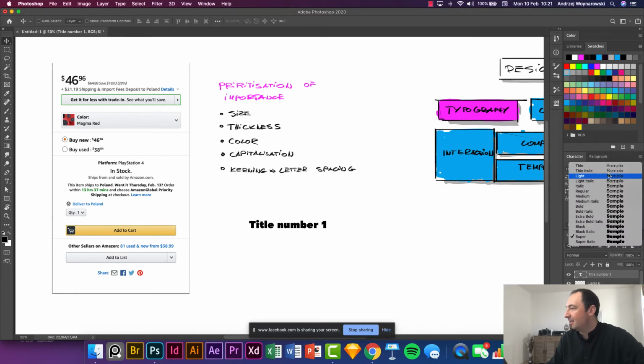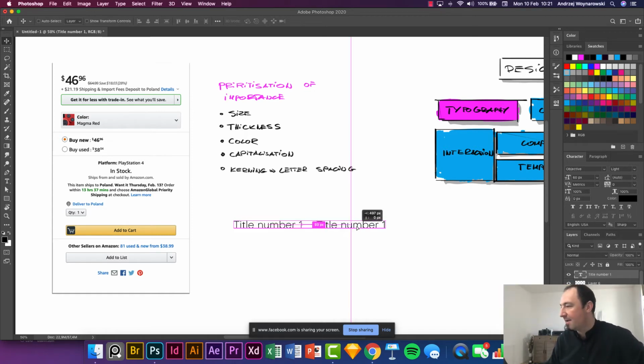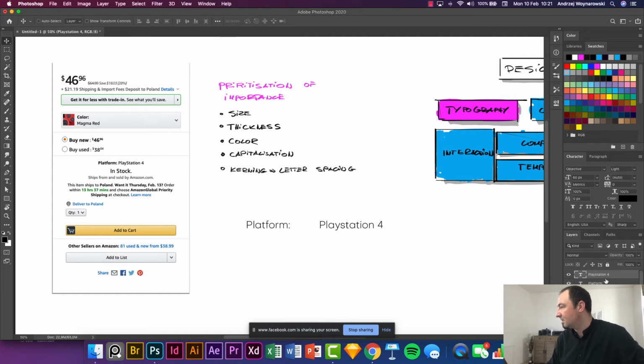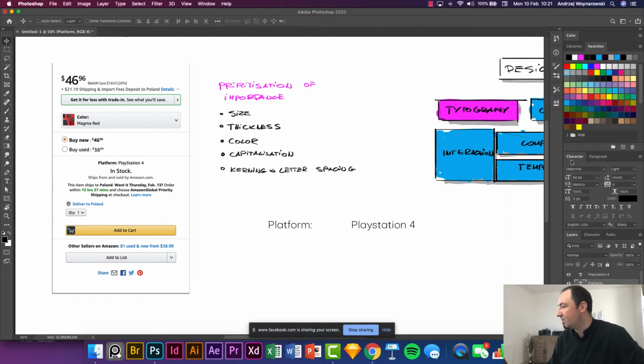So this is the easiest way to actually differentiate the importance of that specific font, and that's what the guys at Amazon have actually done here, right? So they have, I'll use the same things maybe. So that's platform, and then a colon, and then we have PlayStation 4. Okay, let's just do that. Both of them, align them to the left when it comes to the paragraph. There you go. I don't want to get into the details of Photoshop. You can do it in any software. You can do it in Word documents if you want,